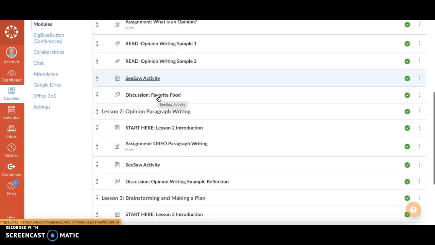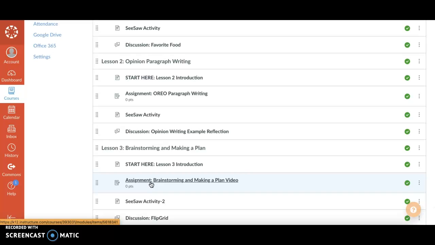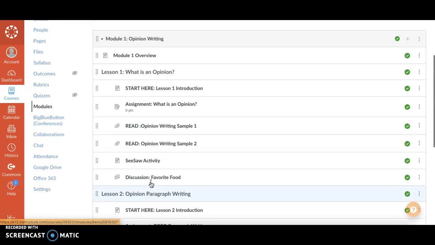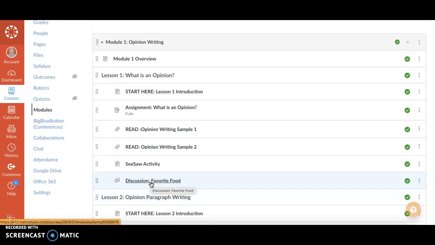And then they will end their time with a discussion. When it gets to the point where they actually start writing their papers, they will have partners to provide feedback and help edit papers as they start writing their papers a little bit more in depth. So for lesson 1, we'll be talking